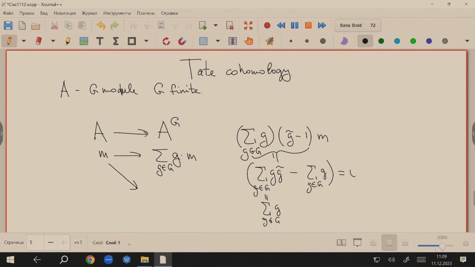So you see that our operator, the norm operator, acts trivially on the